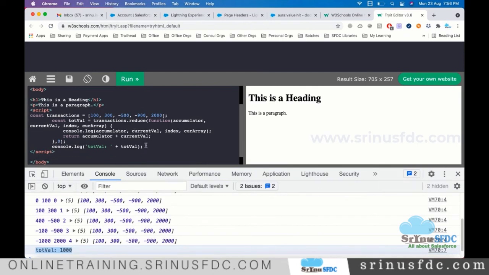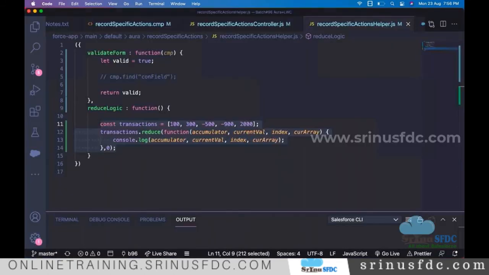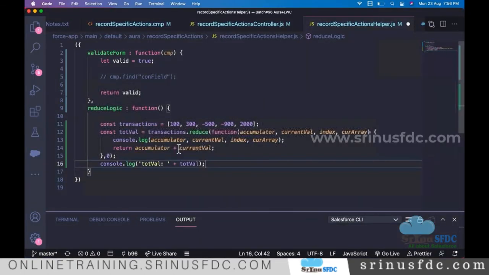So this is an example that when you have an array and want to reduce it into a single element, at that time we use reduce.